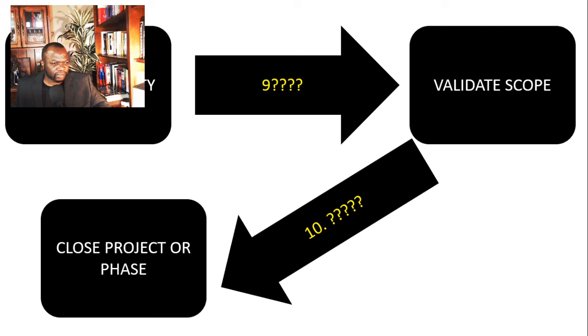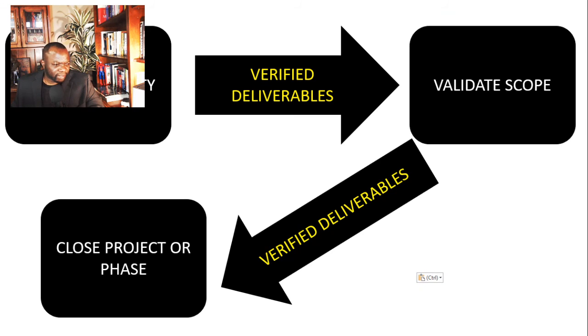Nope. Crickets. I know you guys know, but you think I'm going to call you out. Probably I won't. I'll let you go on eating your dinner. All right. From control quality to validate scope, we have verified deliverables. And what comes out of validate scope? Accepted